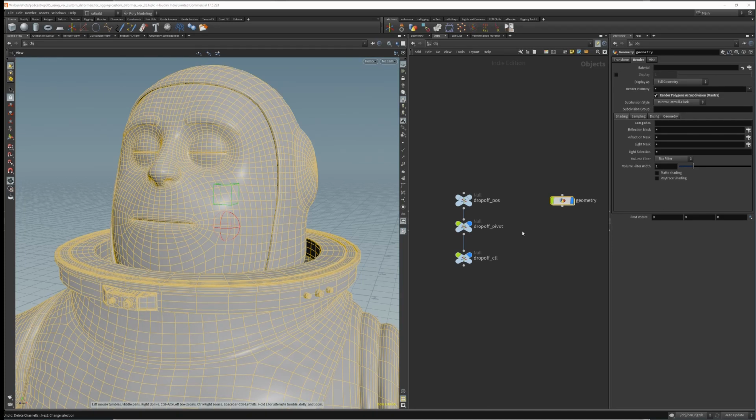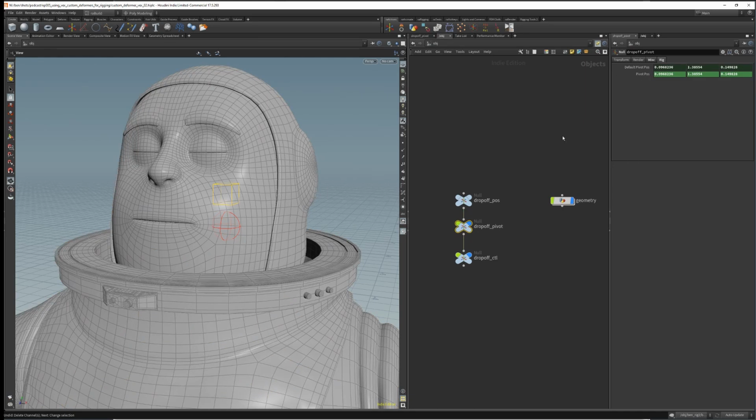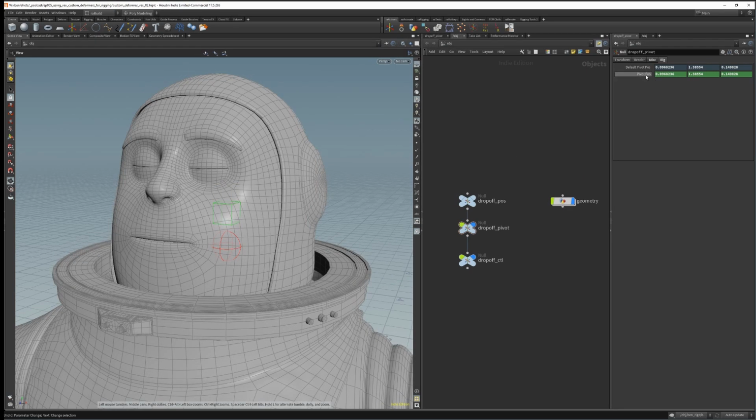Once we are happy with how our deformer works, there's just one last thing that must be done before we put our deformer and controls into a rig, and that is on our drop-off pivot control. We should delete the expression on our default pivot position and lock the parameter. This is because our drop-off position will be parented under bones or any other object in the rig, and these translate values will change, and we don't want that because this default pivot position should never change. Also, the pivot position parameter should take now the default position parameter instead of drop-off pos null translate. So